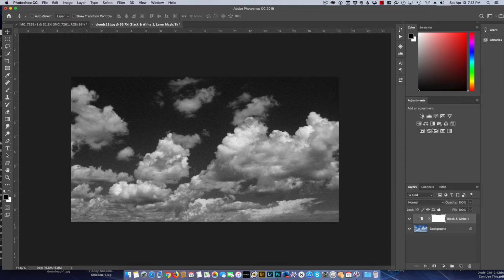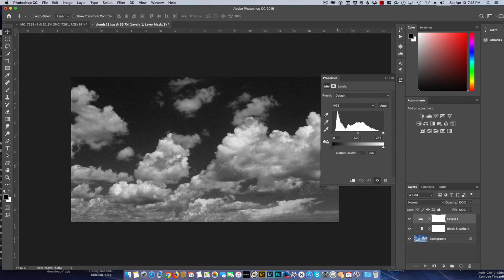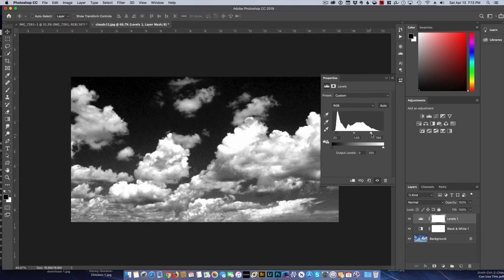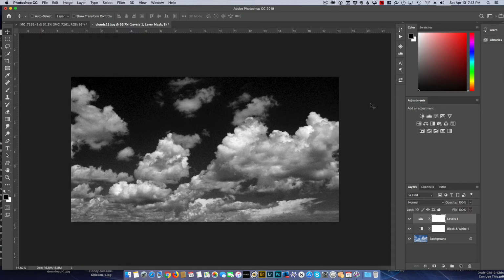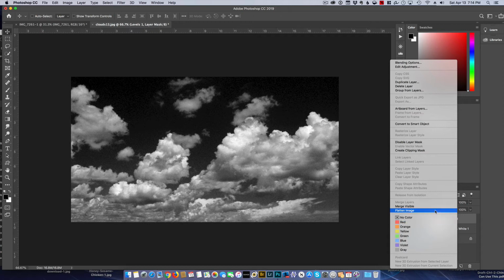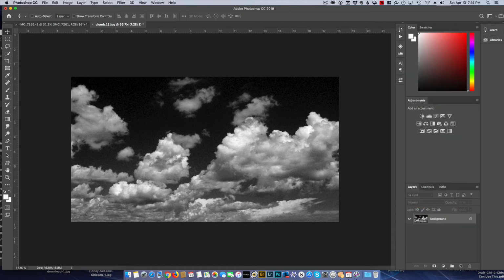The next thing I'm going to do is put a levels adjustment and just crush it to give me some real darkness. You see I'm darkening the image and pulling in the lines here, and you can go too far, so don't do that. Just pull it in so we have basically a black and white image. Now all we've got to do is flatten the image. So we right click, flatten image, and now we have a single layer black and white cloud. Now I'm going to take that and drag this into our eagle photo,